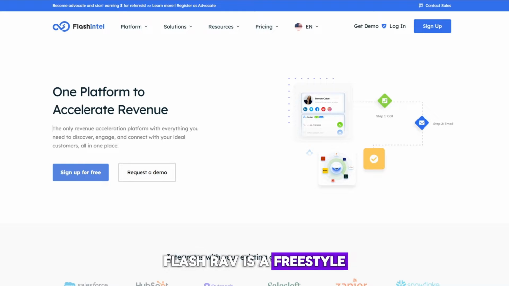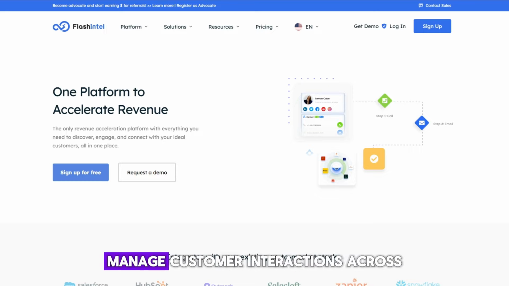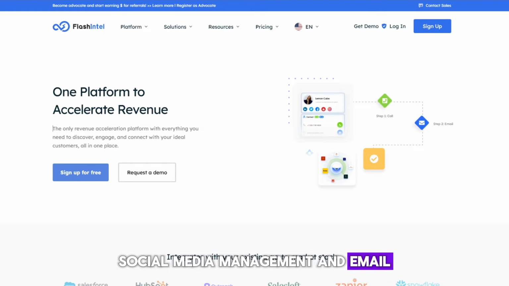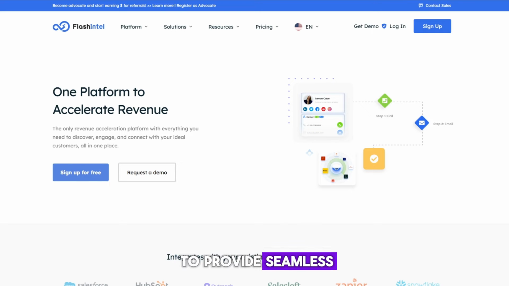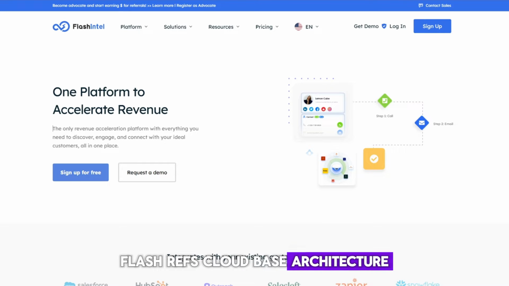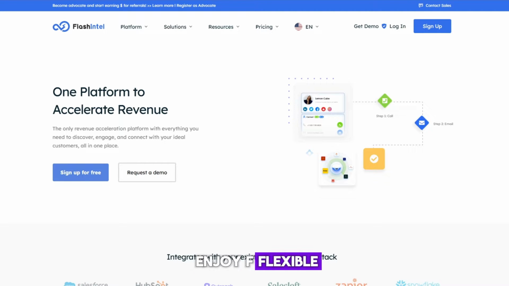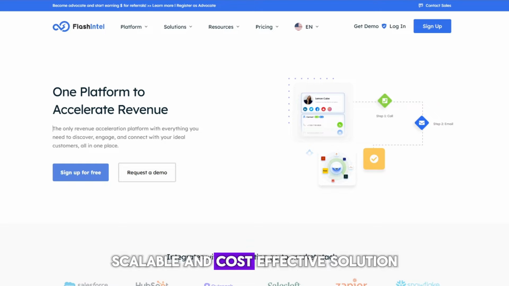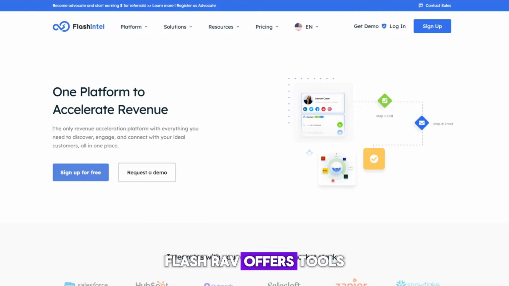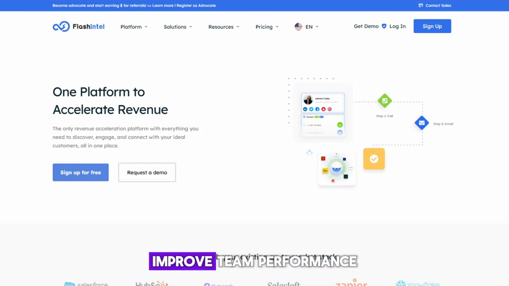FlashRev is a versatile, robust, and feature-rich cloud contact center platform designed to help businesses manage customer interactions across multiple channels. From voice calls to live chat, social media management, and email, FlashRev enables companies to provide seamless and efficient customer service experiences. FlashRev's cloud-based architecture means that businesses can enjoy a flexible, scalable, and cost-effective solution for their contact center needs. Whether you're a small business or a large enterprise, FlashRev offers tools to streamline operations, improve team performance,